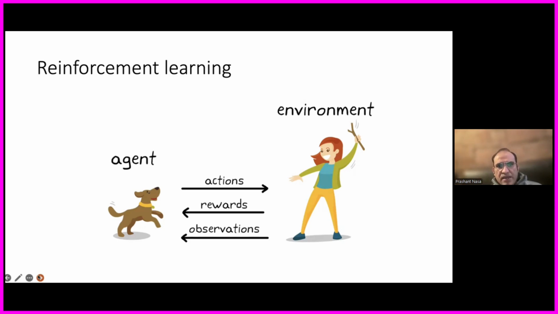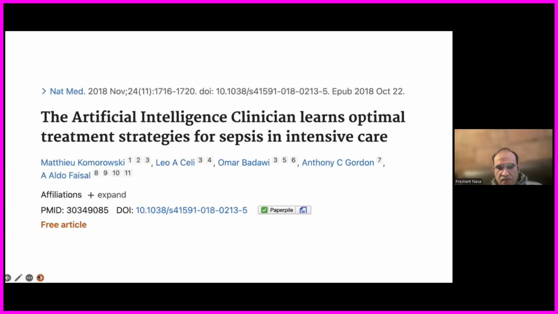So reinforcement learning is part of our evolution, and this is a natural behavior, the way we learn both as humans and animals. Can we use this reinforcement learning in machine learning, where it will be rewarded or sort of punished for not doing the right thing or doing the right thing? Reinforcement learning has been tested in machine learning, and also in the intensive care unit. This particular model talked about using artificial intelligence for optimal treatment strategies for sepsis in intensive care. We know that the way we treat sepsis differs from clinician to clinician, because it varies depending upon the patient we are dealing with on a day-to-day basis.